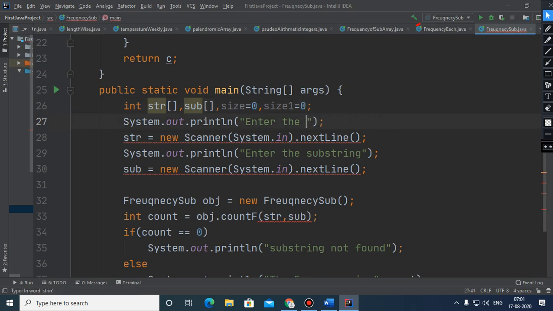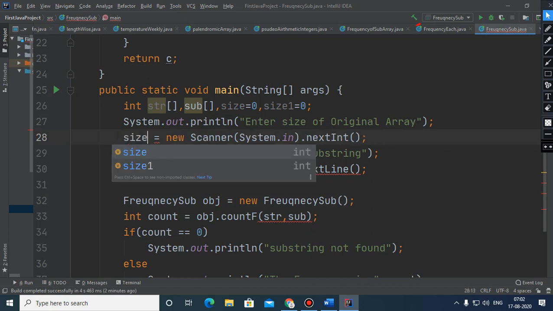So enter size of original array, and here we need to write nextInt, and here it is size.